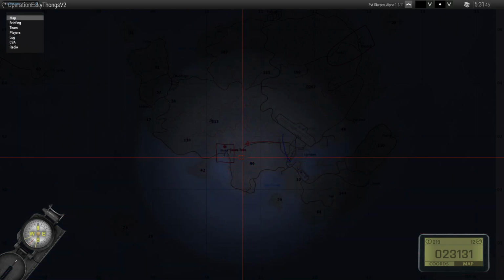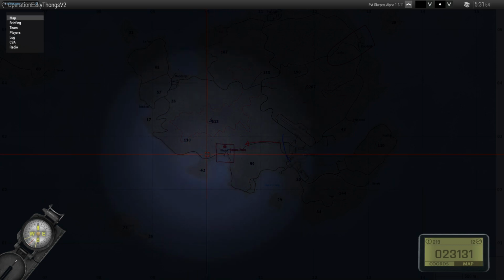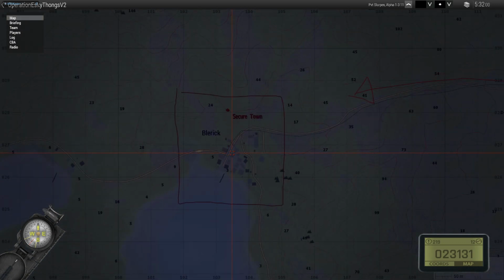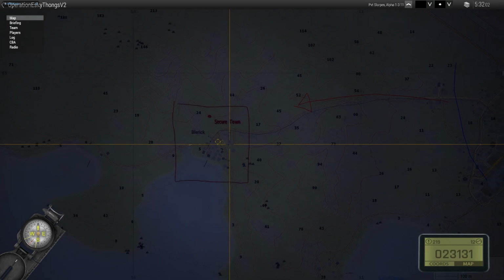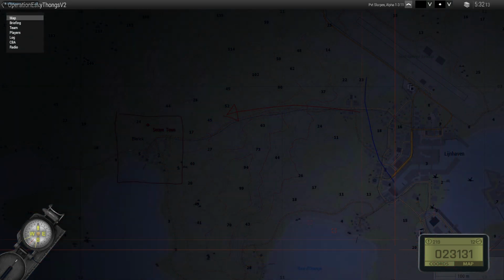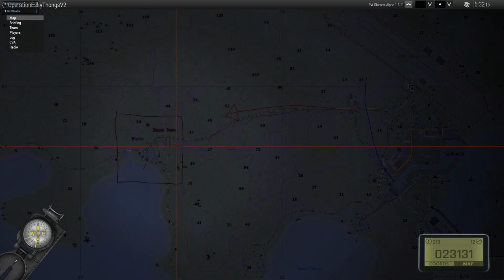You guys are going to pick an insertion point, either to the west of Blerick, or the east, or wherever the fuck you want, except right on top of it. And you're going to go in there, secure the town, make sure all enemies are killed. Cannot allow you to use ordnance at range, say mortars or bombing runs or what have you, because there may still be civilians in the town. But once you have secured it, you need to locate...